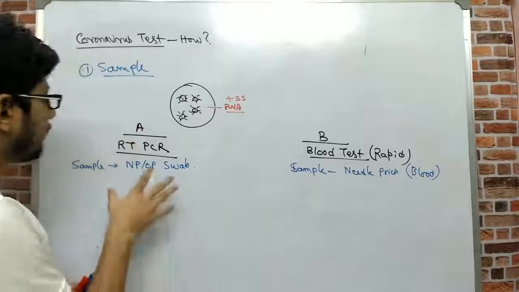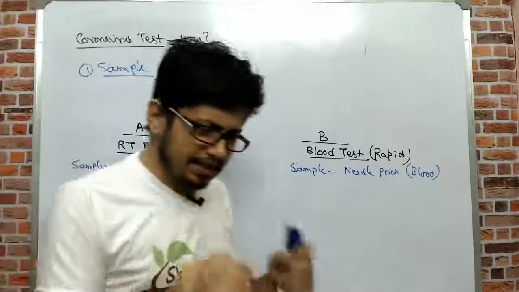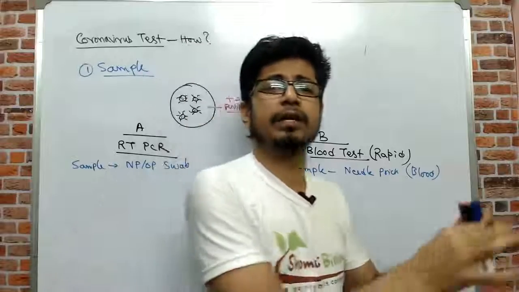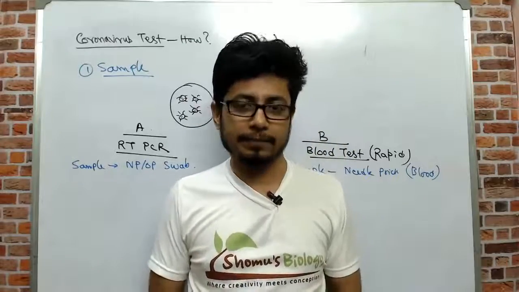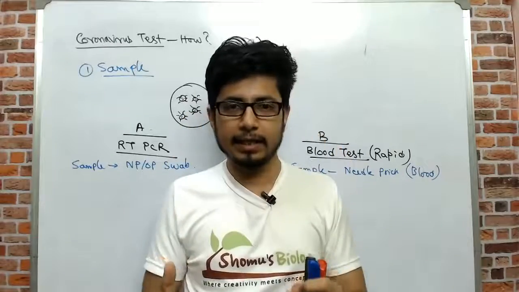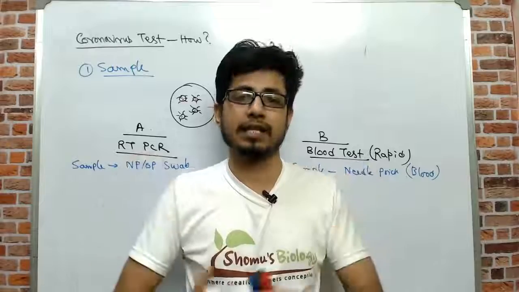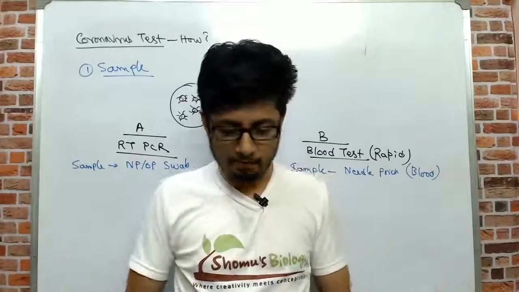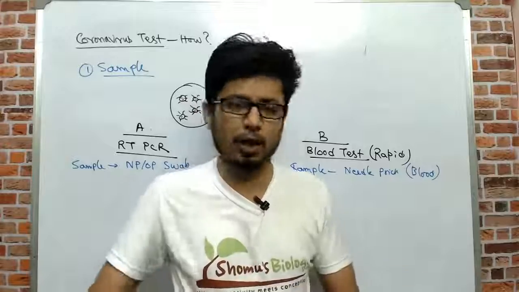Now the thing is, what we do with the reverse transcriptase PCR method is, PCR, the polymerase chain reaction, is a method to amplify double-stranded DNA. When we have double-stranded DNA, if you take one copy of the DNA, with the help of PCR we can make thousands and lakhs of copies of the DNA. That's possible with this method. So it's a simple amplification method, just like a Xerox process.